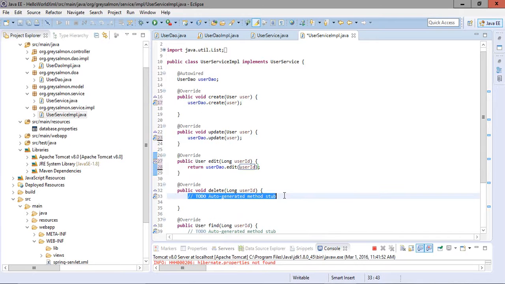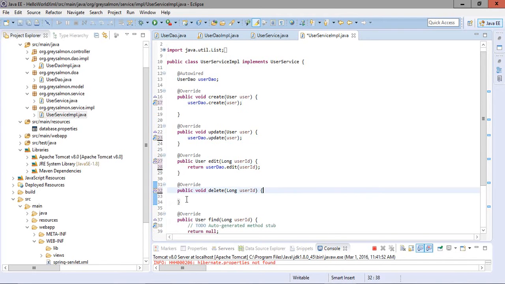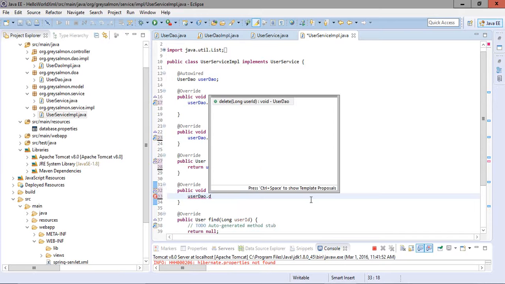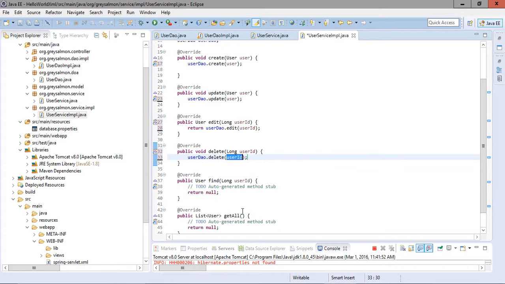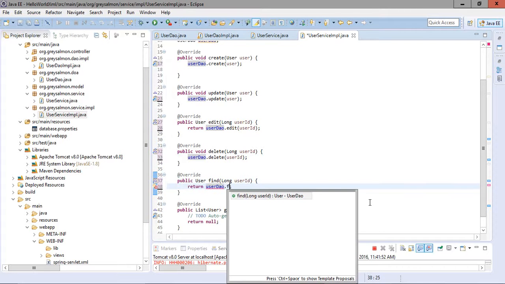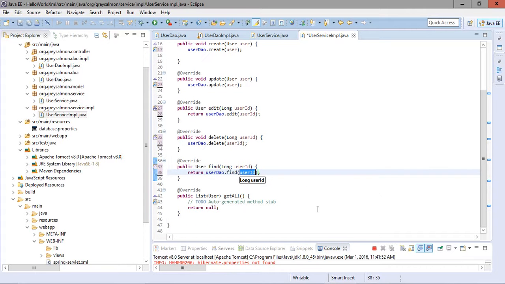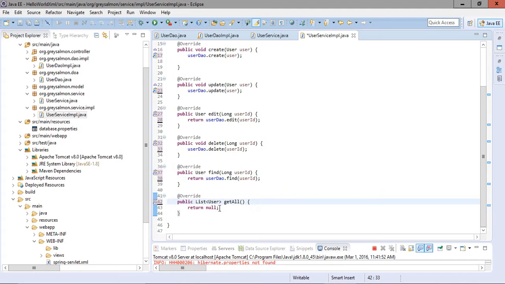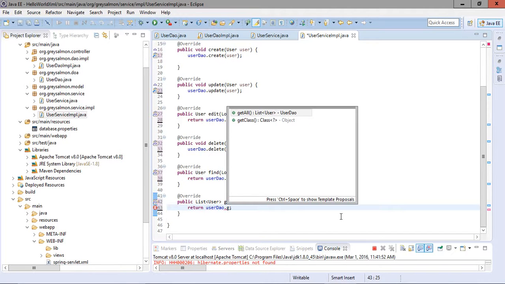For delete, again call the delete method of user DO. Now to find, use the find method of user DO. Now for getting the list, use the method of user DO, that is get all.